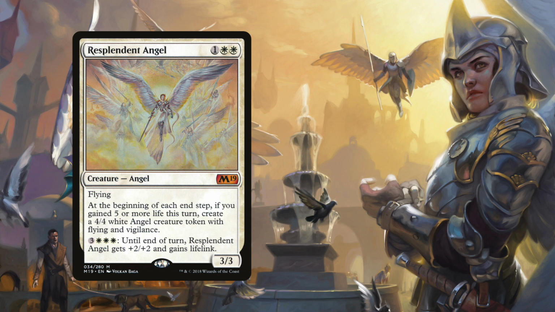Resplendent Angel makes angel tokens if you are gaining a whole lot of life, and since our commander is a 7/7 lifelinker, we should have no problem doing that. Also, if you decide to keep your commander untapped to wait to block, your opponents won't want to let you